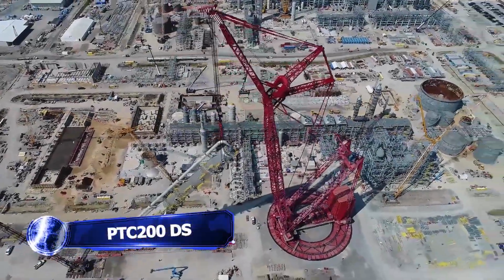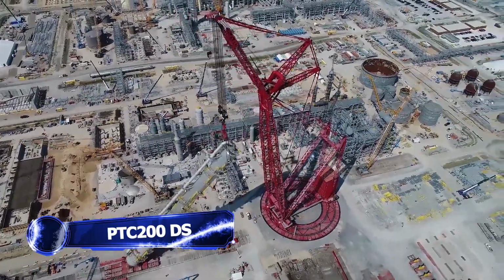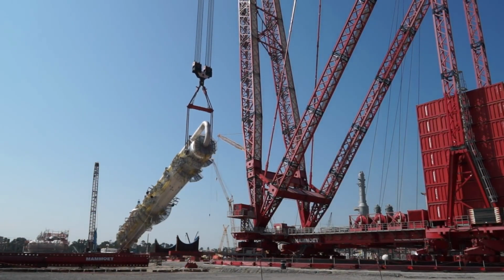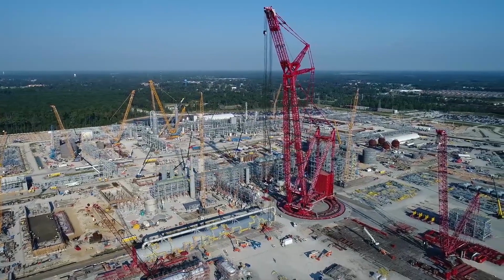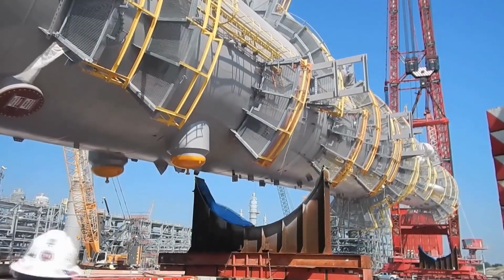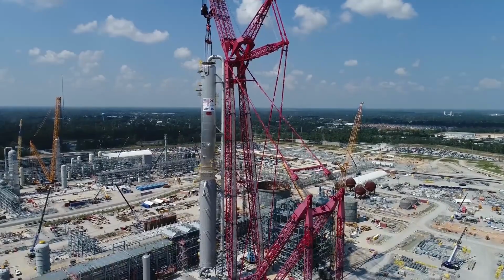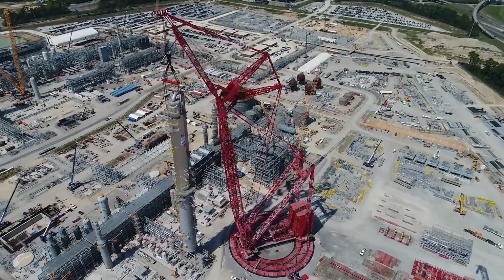Be amazed by one of the largest and most awe-inspiring man-made inventions to grace the earth. The PTC200-DS, also known as the mother of all cranes, is considered one of the most formidable and strongest machines in the world. It's not just any crane that you will see at your nearest construction site. This behemoth has a whopping height of 695 feet, which comparatively is the same height as an actual Eiffel Tower,